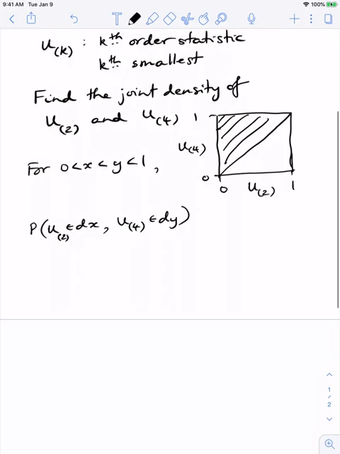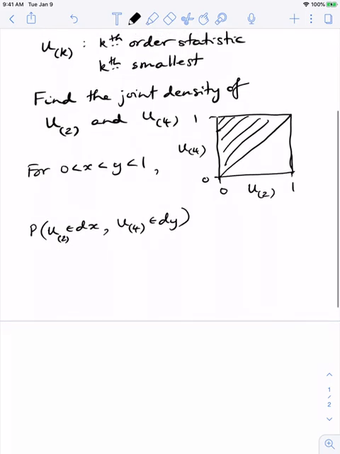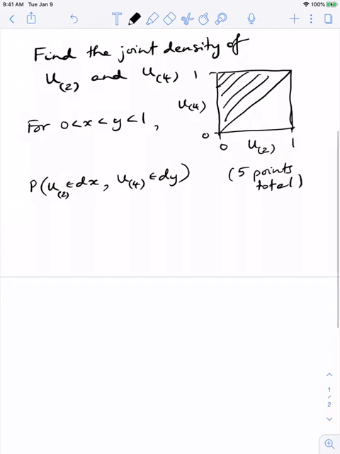And for this, we should have a picture. And I'll remind you, before we do that, there are 5 points in all, and we're just looking at the second and the fourth. Okay, so I'm going to try and redraw